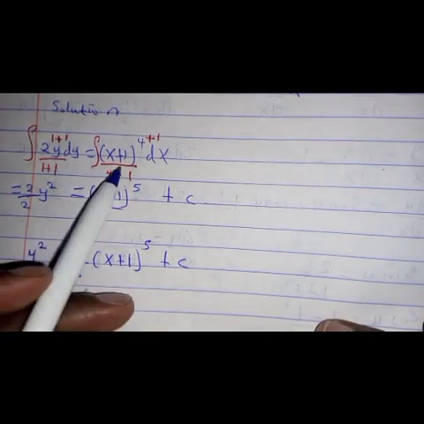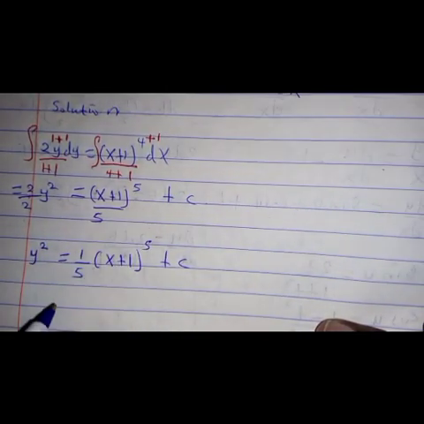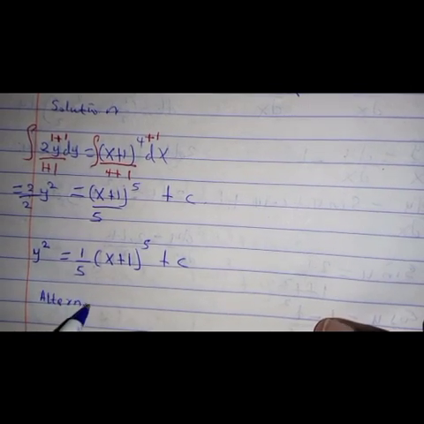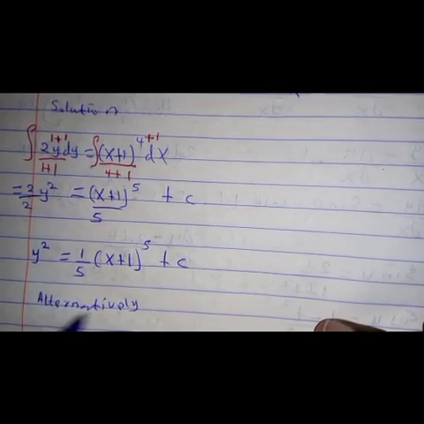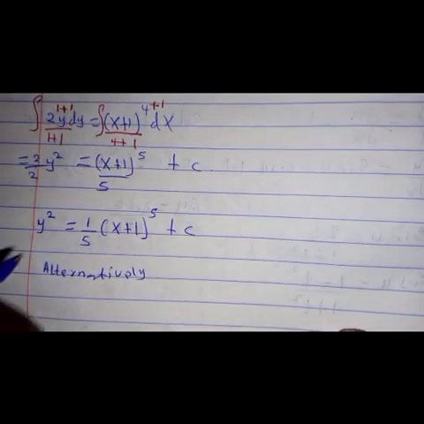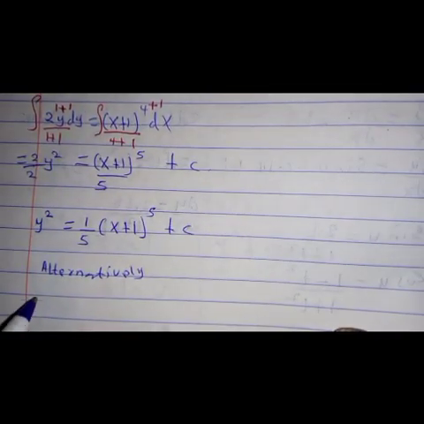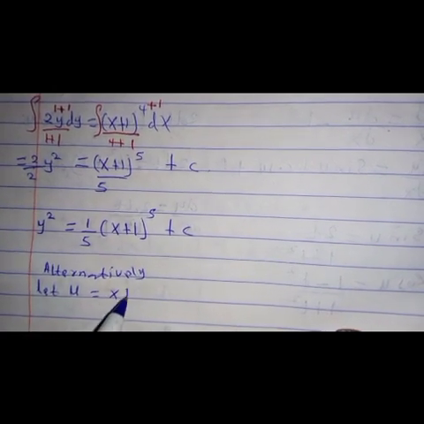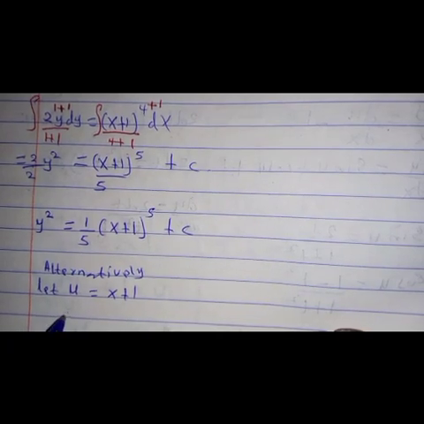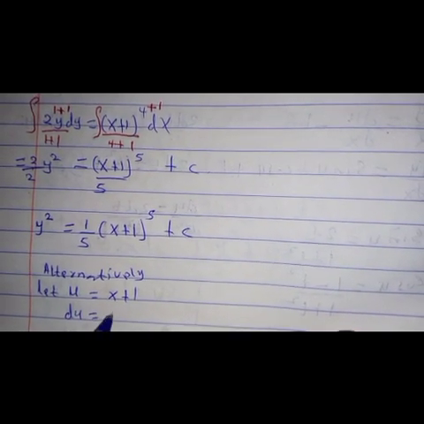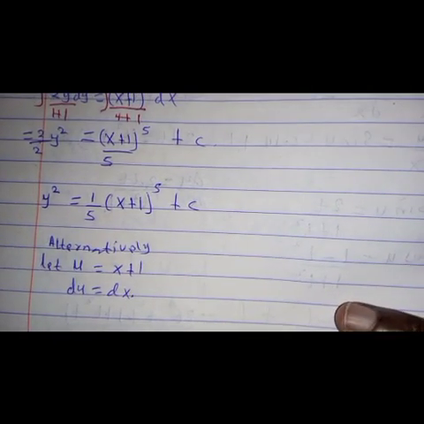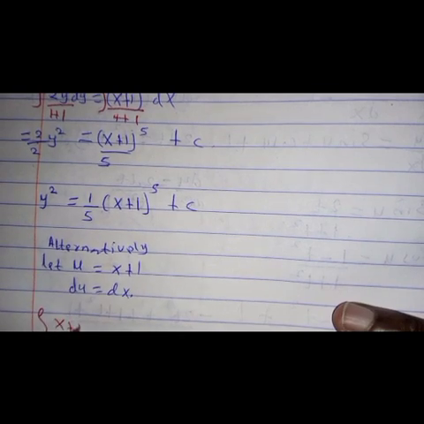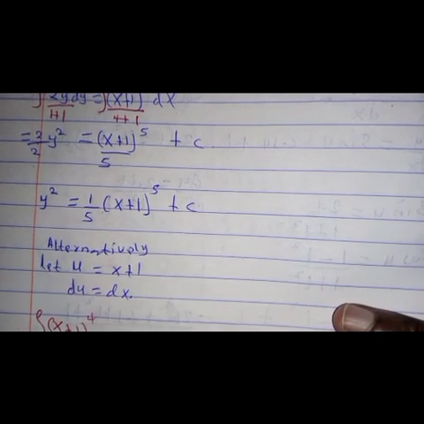Note that on the right hand side, I could have done this alternatively. On the right hand side of this one, we can integrate it by what is called u substitution. By u substitution, u is equal to x plus 1. Then you differentiate both sides, du is equal to dx. So now, the integral of (x + 1)^4 dx